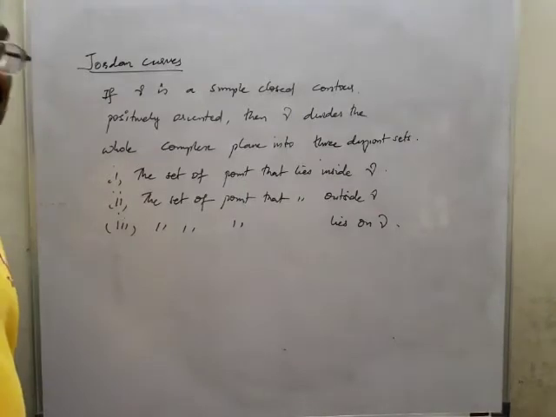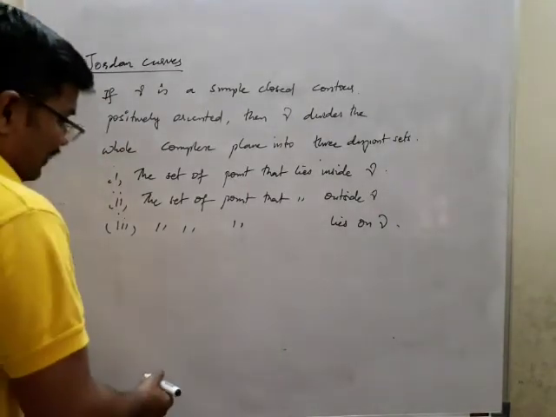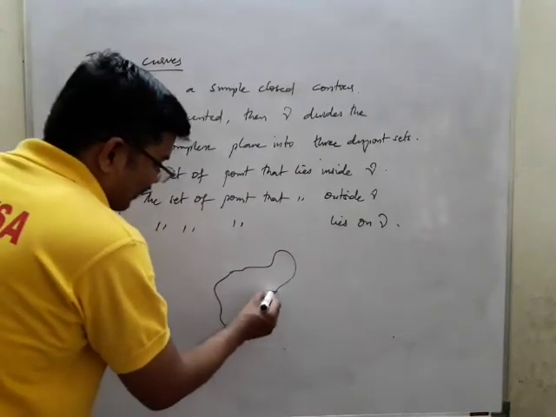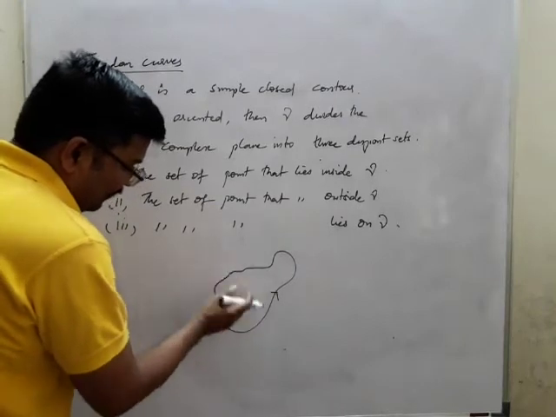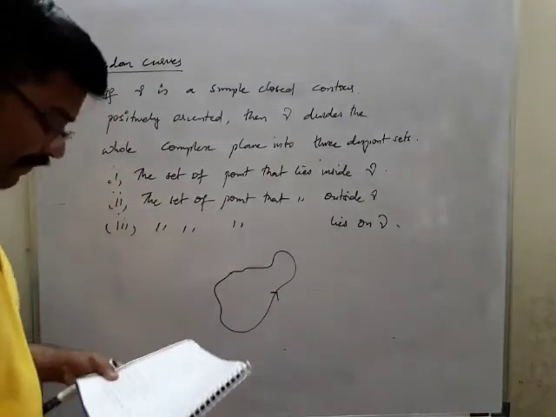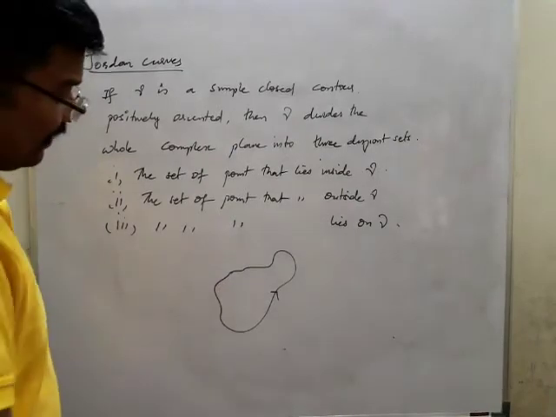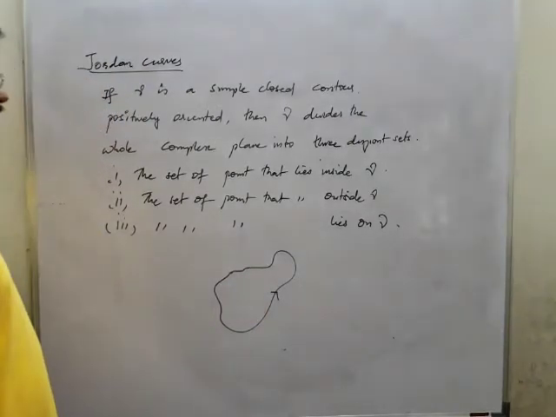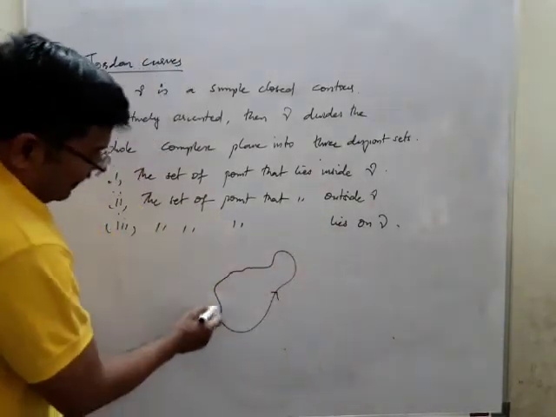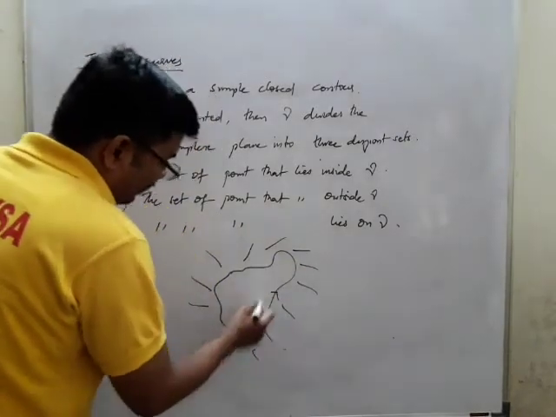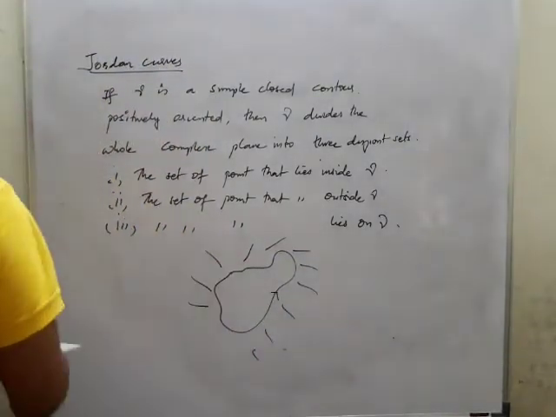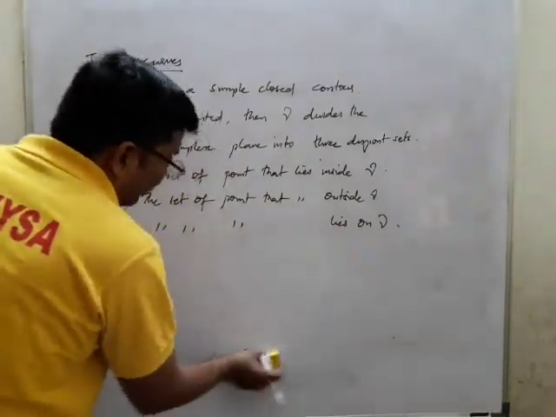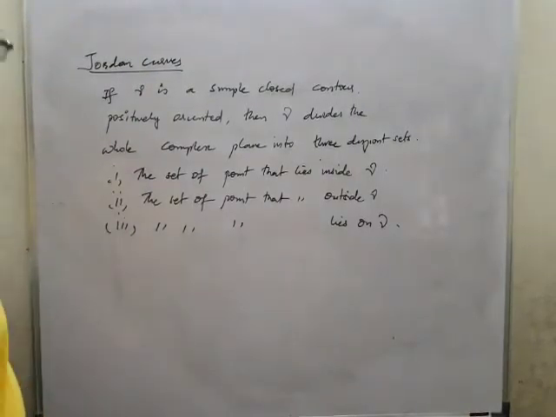Inside gamma means the region that lies inside, to the left. This is a closed region, a closed curve. So inside means towards the left we are going to take. You can take the left or right of the orientation such that it may lie inside, and outside means any of the points lying outside. Inside means the points lying inside itself only, and the points which lie on the curve gamma are the others. These are the Jordan curves.